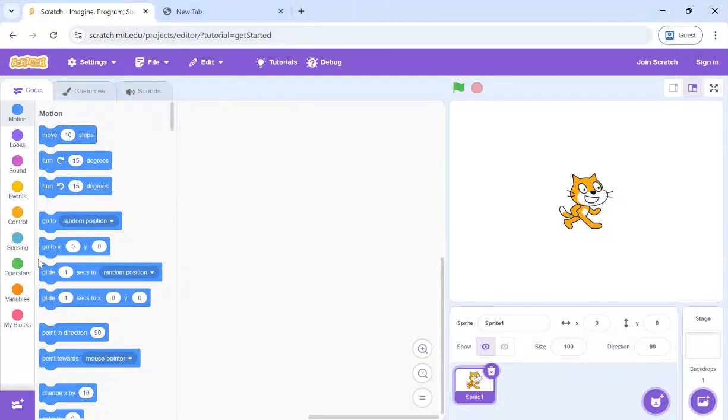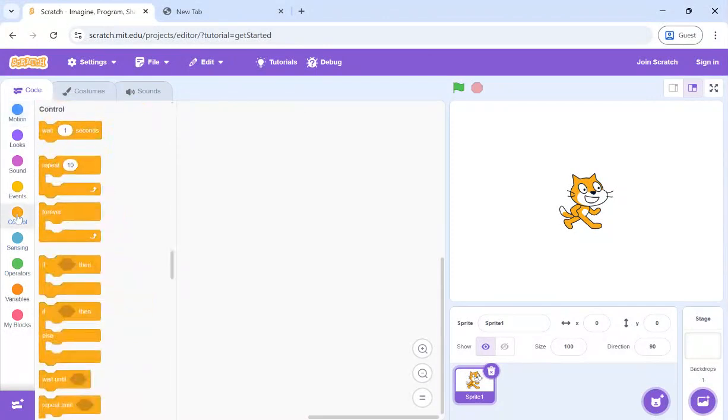Welcome back. In today's tutorial, we'll be working on the concept of cloning. Cloning is when you need multiple copies of a sprite, like in one of our clicker games, where we needed multiple copies of our sprite. So for that, let's start with creating the clones of this sprite itself.